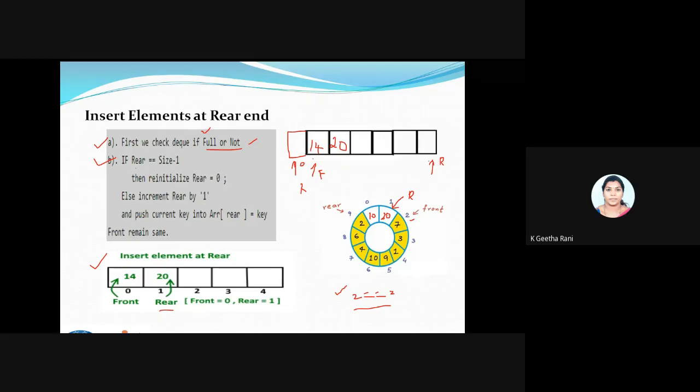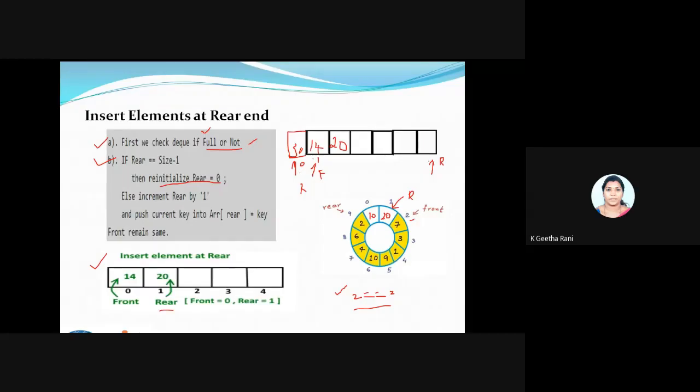That is what's said here. If my rear is equal to size minus 1, it has reached the end of the array size, so I have to reinitialize the rear to 0, because it's a circular array. There may be some spaces before also. I can't just leave it like that, because my front is pointing at the index 1 only. That particular 0th index is empty. So I'll reinitialize to insert the values. Now I'll be inserting a value like 30, and rear is pointing to 30 at index 0. This is a new one which we won't be doing in our normal array.